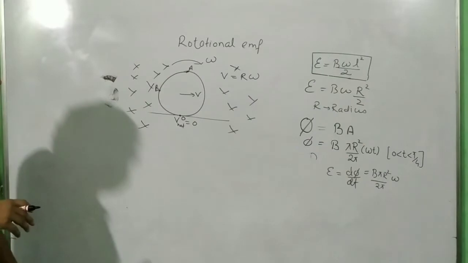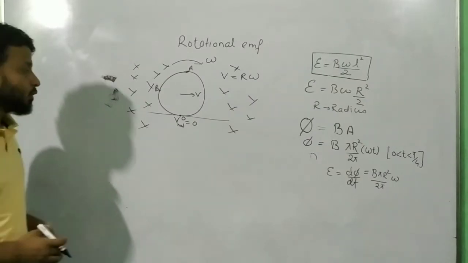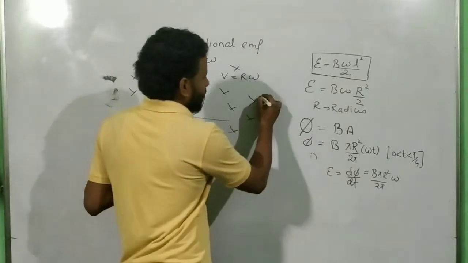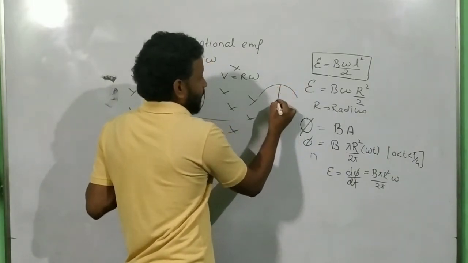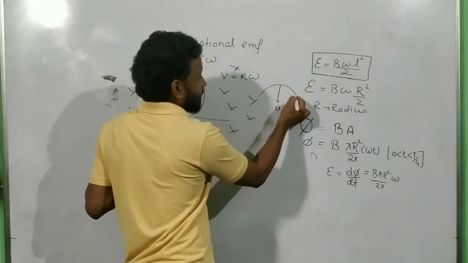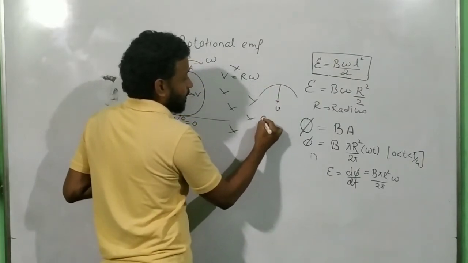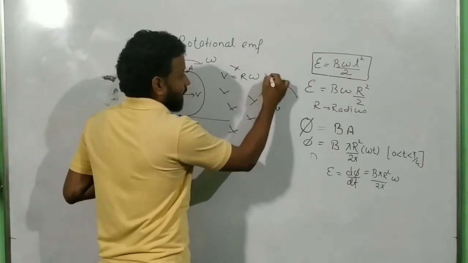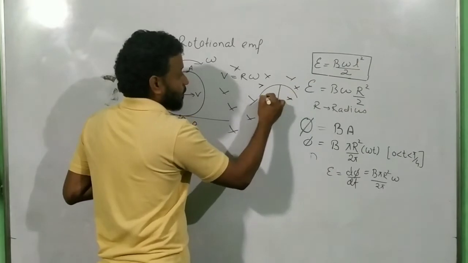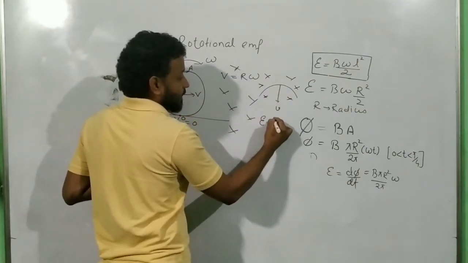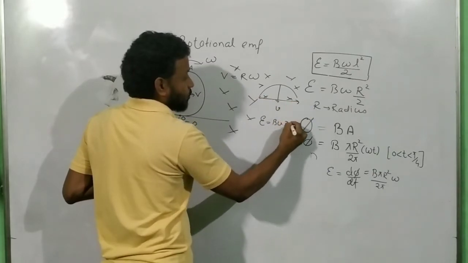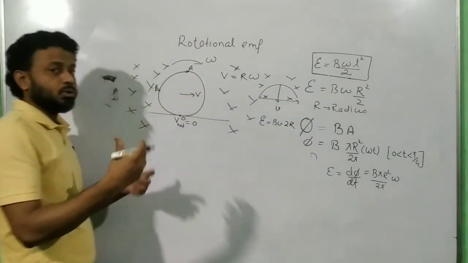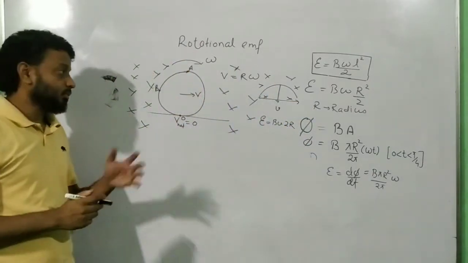Now, if you remember my previous lecture on numericals, we discussed one question. Try to remember that question. That question was on motional EMF, where a semicircular ring has a velocity v like this. When we wrote the EMF of this ring in a magnetic field, we wrote it as BVL, and in L we took this length as 2R. See the previous video on motional EMF and numericals.